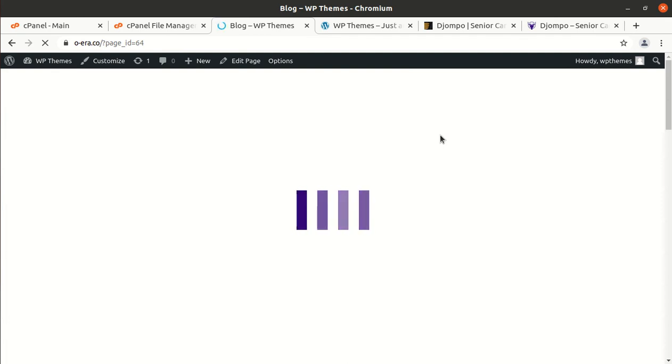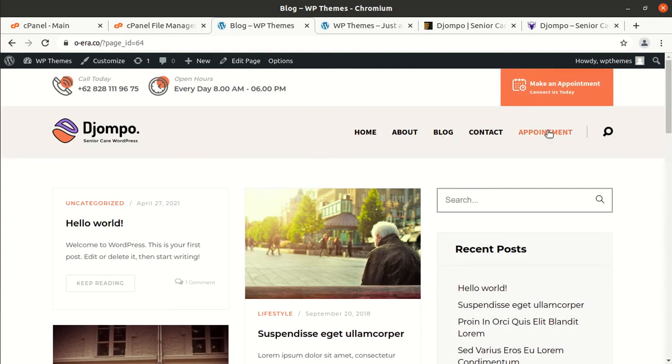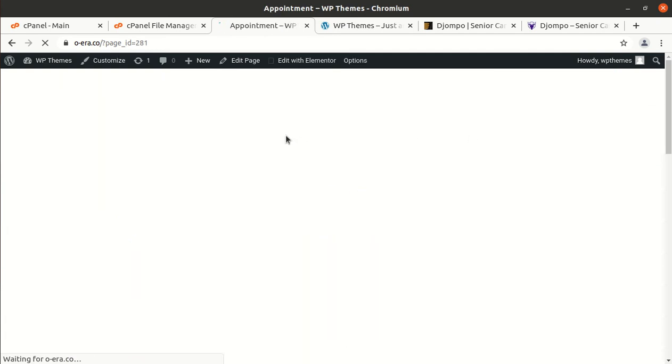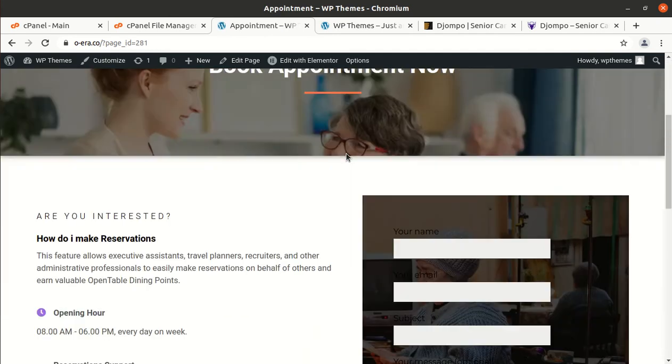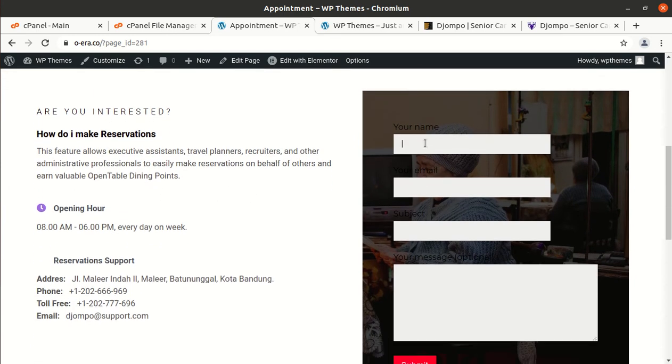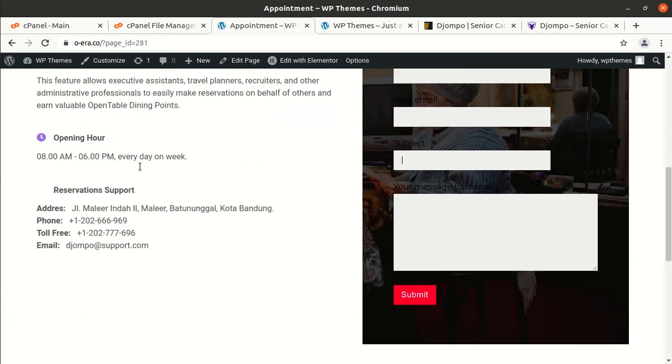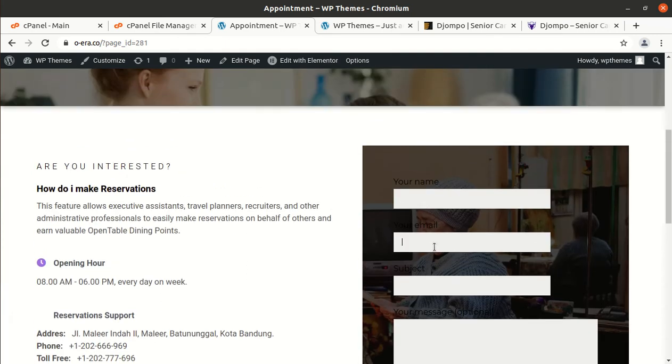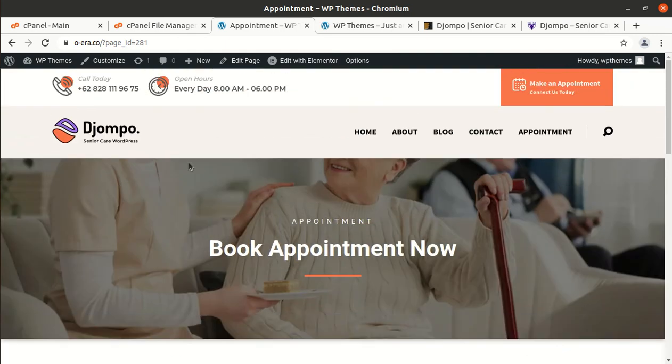Somehow my internet is working slow today, but it does not matter, and it does not mean the website is slow. It is working very fast, in fact. And the appointment feature is also here. So all good with this website, and you can simply use all these features for your website as well.